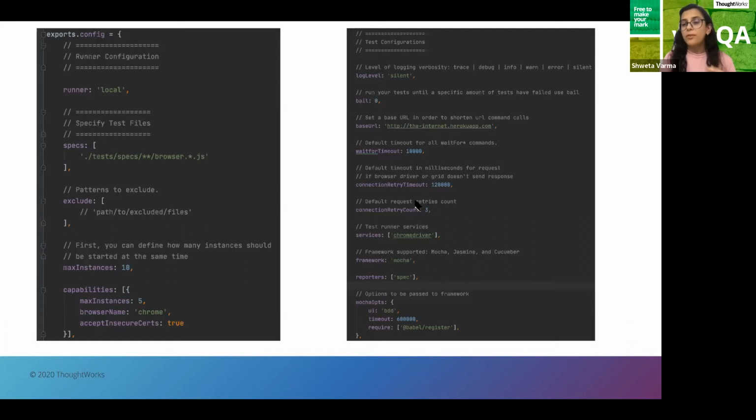On top of that, we again have connection retry count. Okay, so once it has failed and I was not able to establish the connection with the WebDriver again, we have mentioned that if you are not able to do that once, at least try this many number of times, and then say hands up, I can't do anything further. So that thing we can have here.